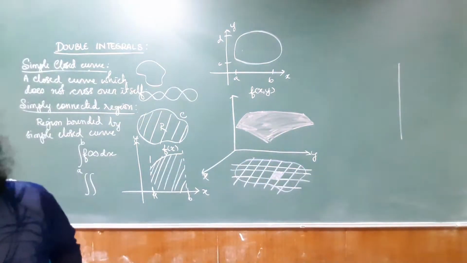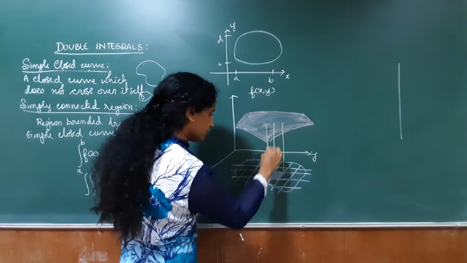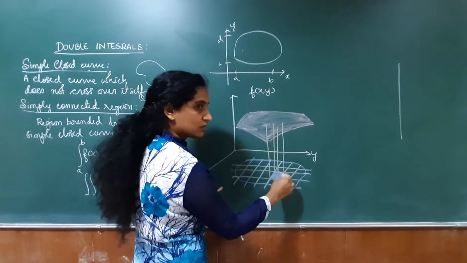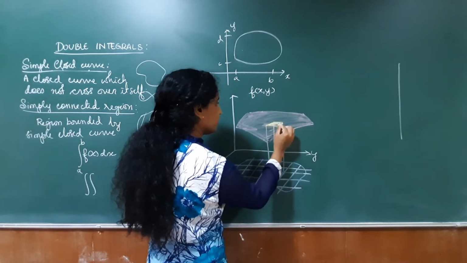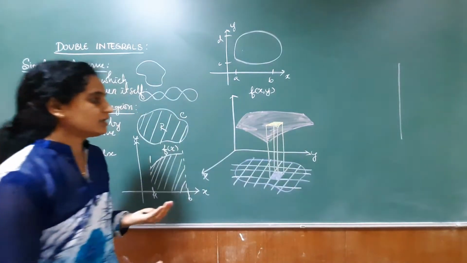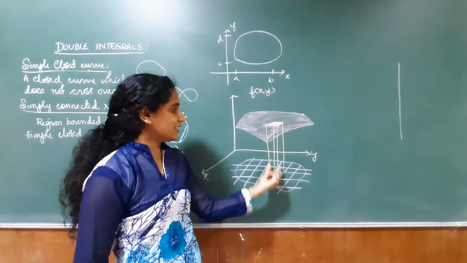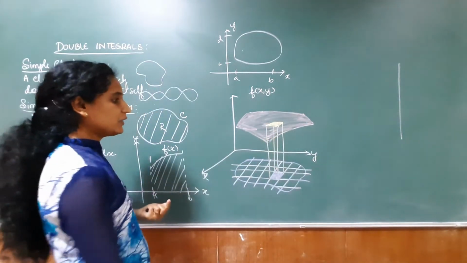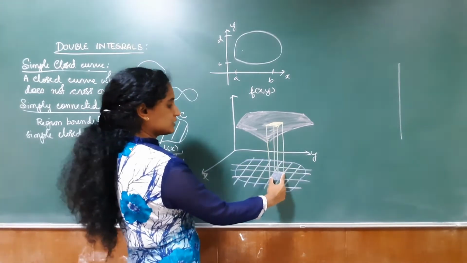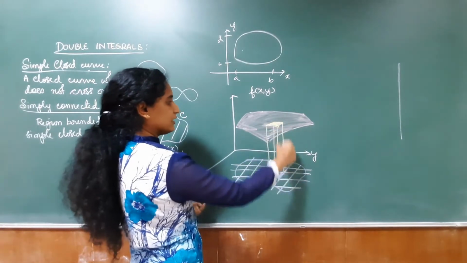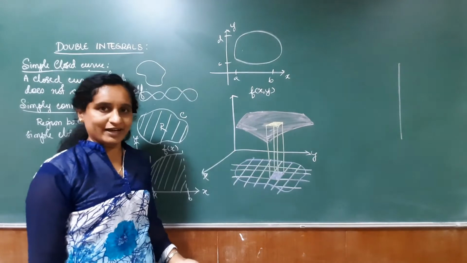I will draw perpendiculars from this region to the function. So it will look like this, say I am dropping perpendiculars here. So I will be getting a small region on the function. This is the small region on the function which I get when I take the perpendiculars from my region to my function. Now this looks like a parallelepiped. It is nothing but a solid figure. It is square in the bottom, square on the top, and all the four sides are squares. Therefore, I can find the volume of this parallelepiped.